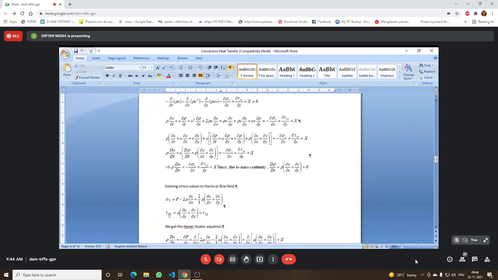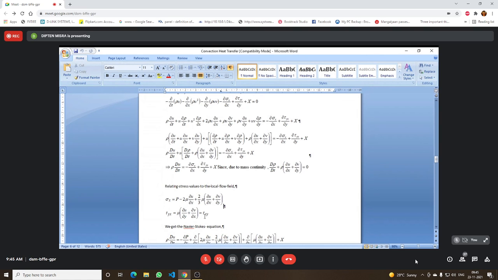So what is the meaning of this tau yx? Tau yx means what? And what is the difference between tau yx and tau xy? I'll repeat once again. Can somebody tell what we mean by tau yx? This tau is the shear stress, and the first subscript is the direction normal to the surface, so it is the direction of the force which is normal to the x surface, and the y represents the direction of the force.